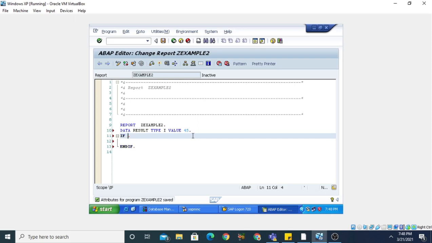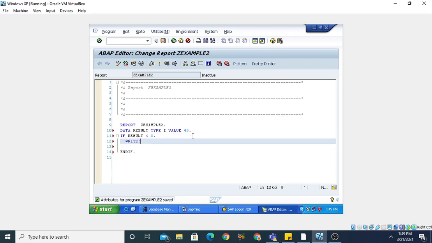So this is if result is less than 0. In this case we are going to write here, this is the write statement, and you can type here: result is less than 0.